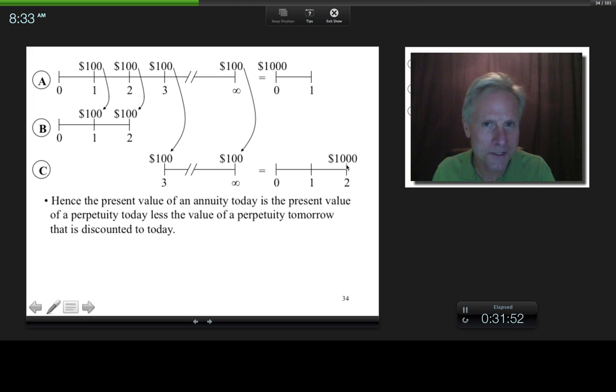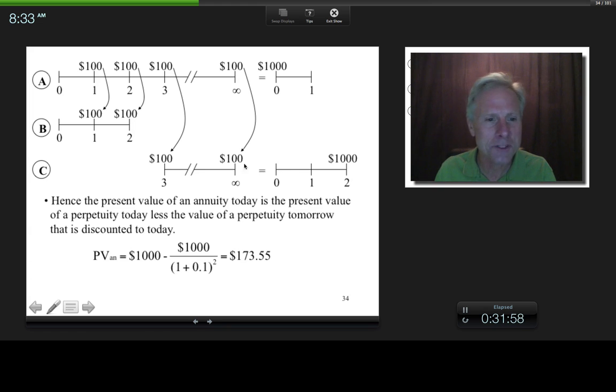Well, 1 plus the effective rate, which was 0.1, squared. I'm bringing it back 2 periods. So basically what we have is the present value of the annuity is this $1,000 at time 0 minus this $1,000, which is discounted to today, okay? So now, am I subtracting a time 0 value from a time 0 value? I am, right? And so I get this